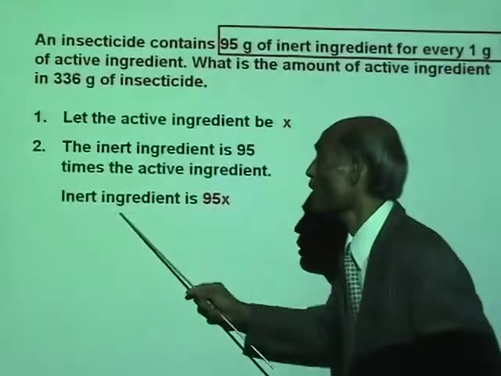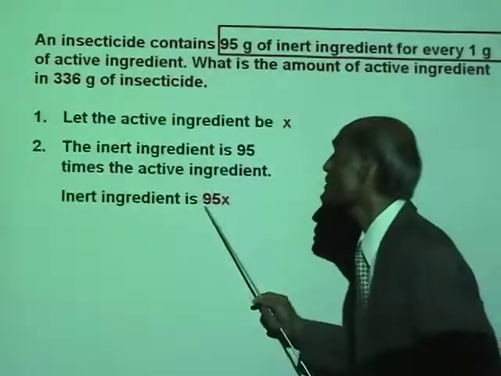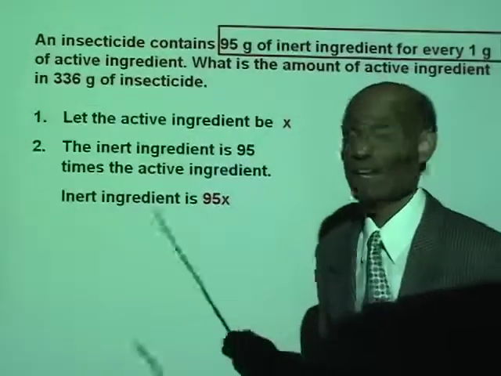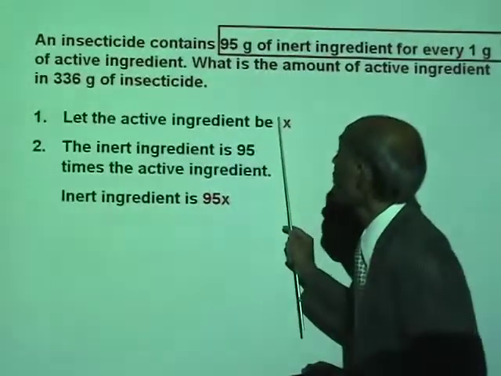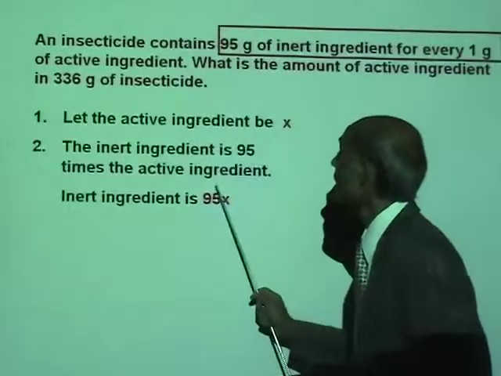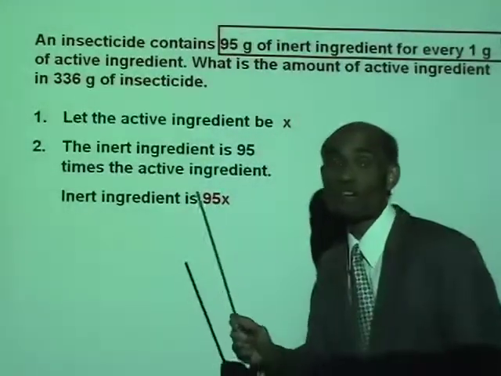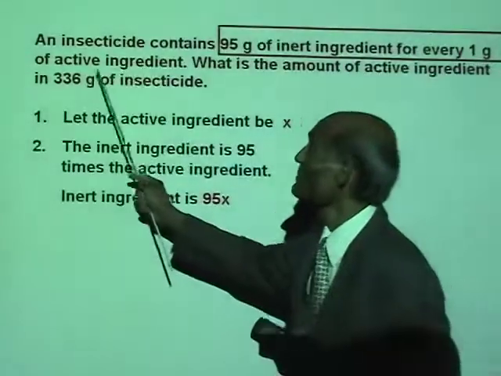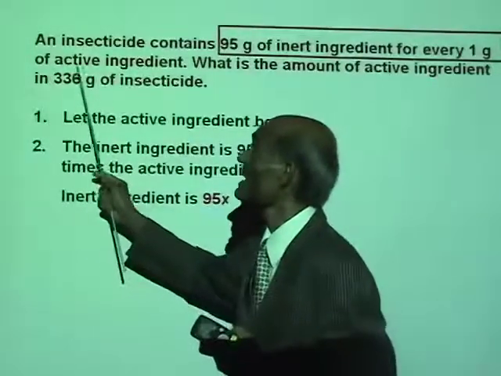So the amount of inert ingredient will be 95X. And now, if you add the active to the inactive, you get the total amount of the insecticide. The total amount of insecticide is given to be